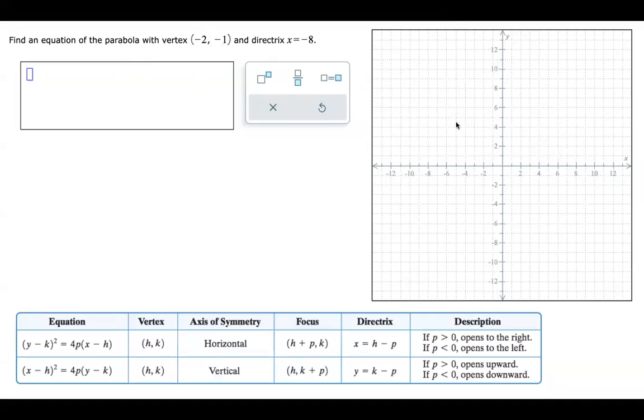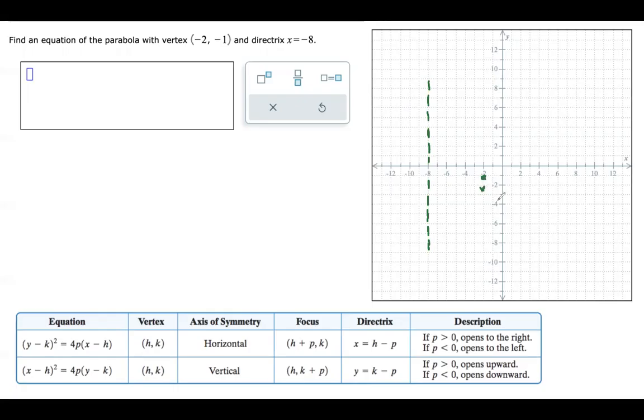So the vertex is at -2, comma, -1. So this is the vertex. And if the directrix is at x equals -8, that's going to be a vertical line over -8. So it's going to cross the x-axis at -8. Basically, this tells you what axis you're going to be crossing. And if this is the vertex